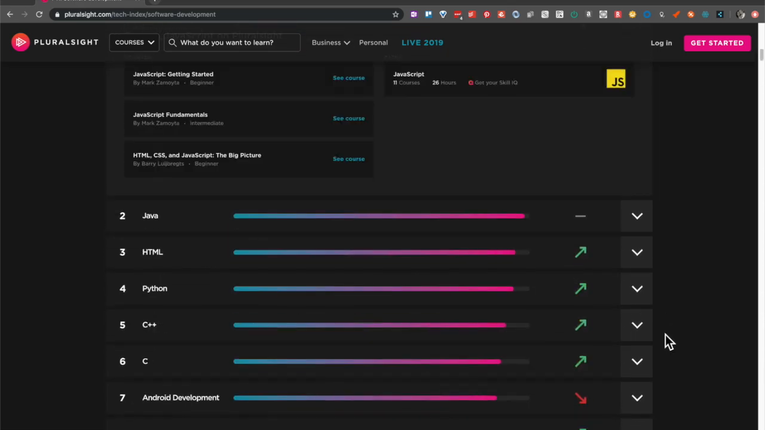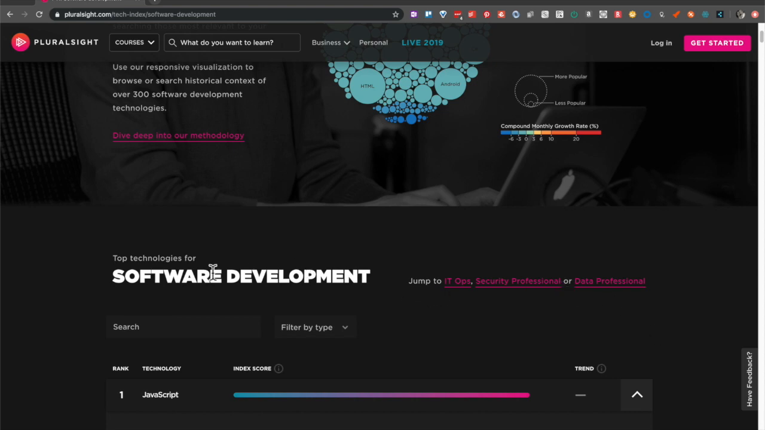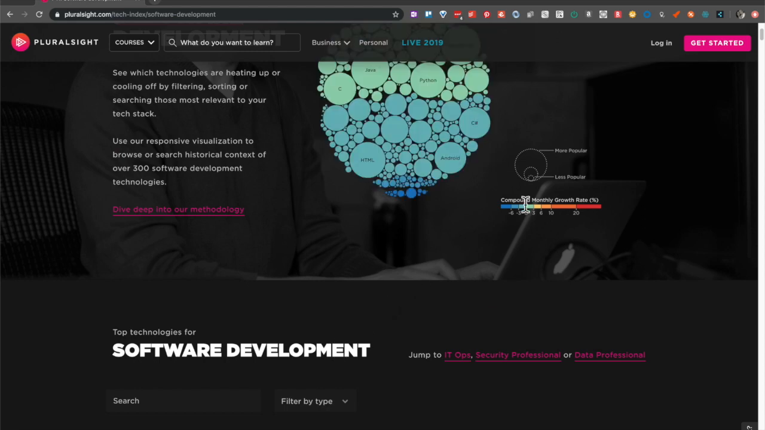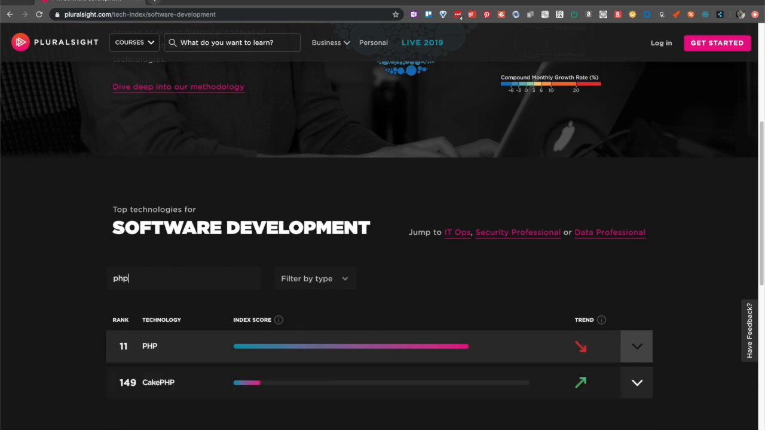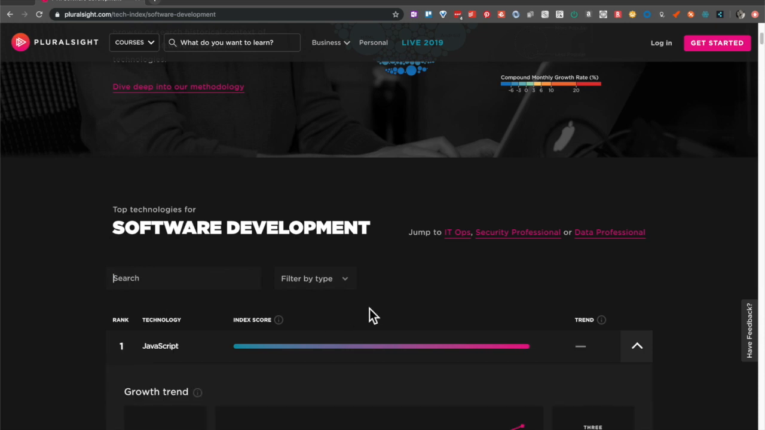So when we're looking at an entire audience level index, like for software development, we already talked about the bubble chart up here, but we can also search here, right? So let's do PHP, and we can see there are 2 results that have PHP in the name of the technology, PHP and Cake PHP. We can also clear that field. We can do a filter by type, and keep in mind, type here means anything that can remotely be considered a language, a framework, a data store. So this is a super high level